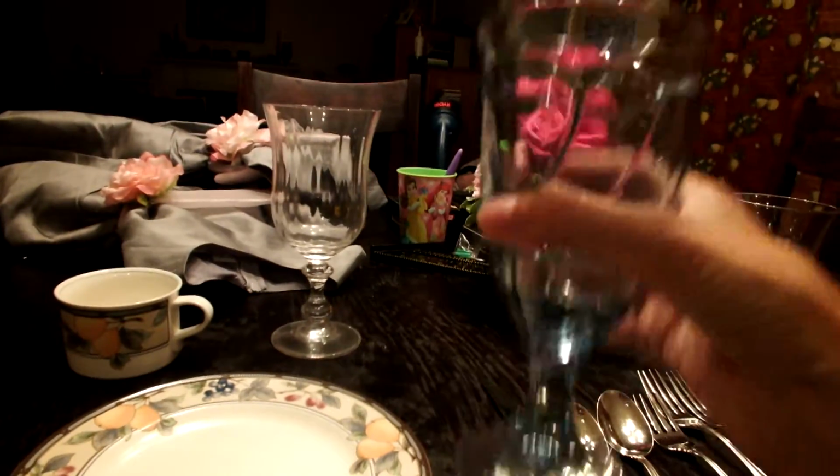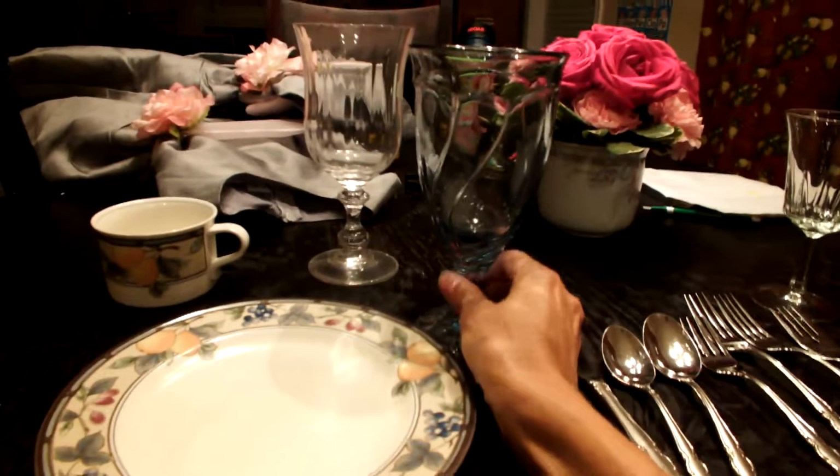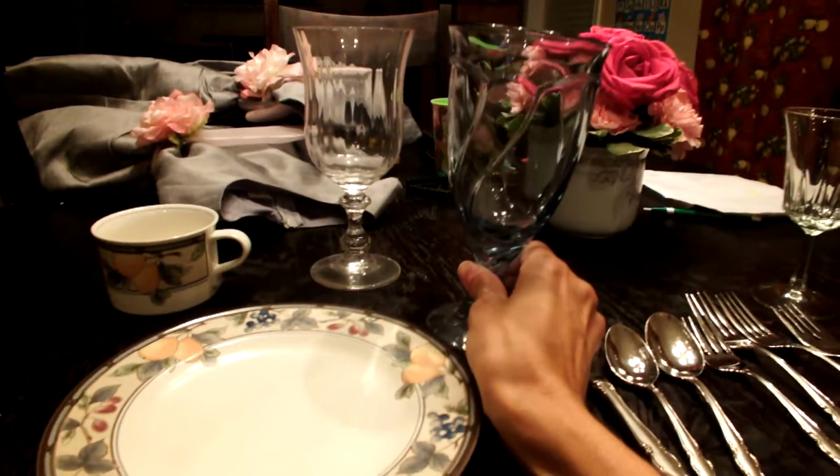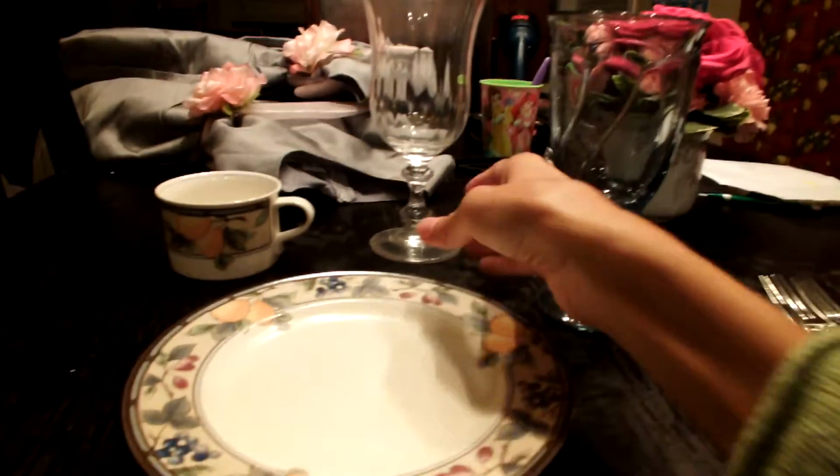I mean, we're talking whoa. I literally would only bring these out for super special occasions to look fancy, but they're not fun to use because they're so heavy. These ones are a little lighter,